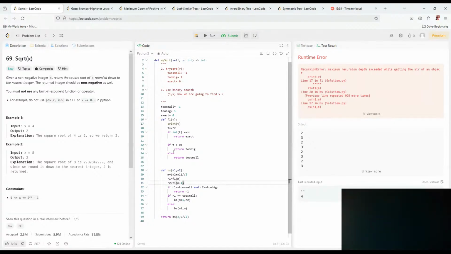If you like 9 and 3. But here we have to find a number between them. So we have middle, we have result 1, we have result 2, and we have